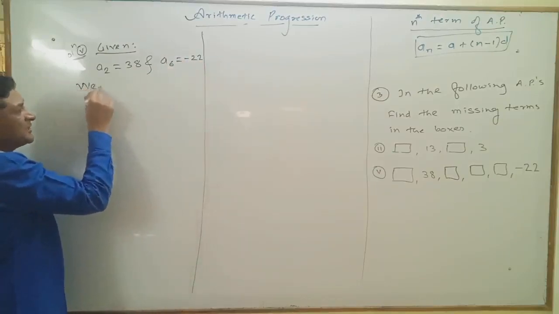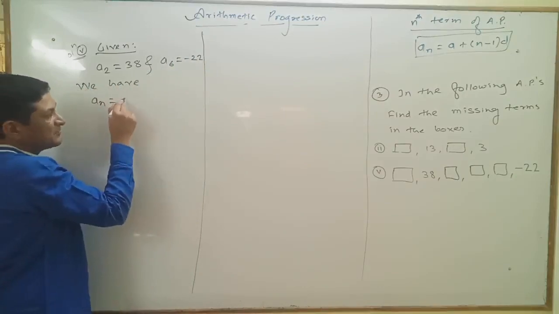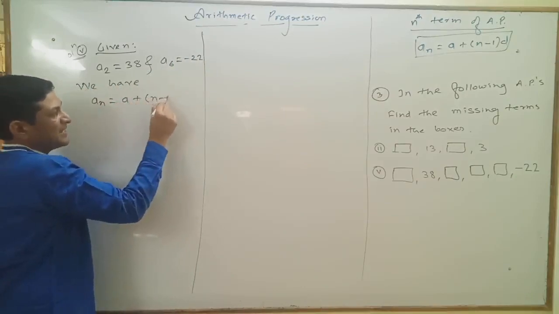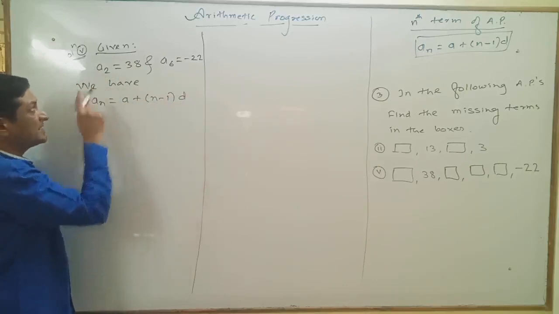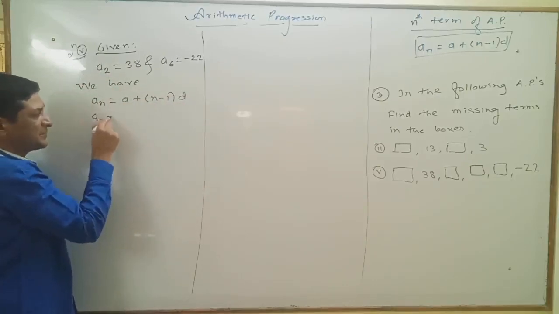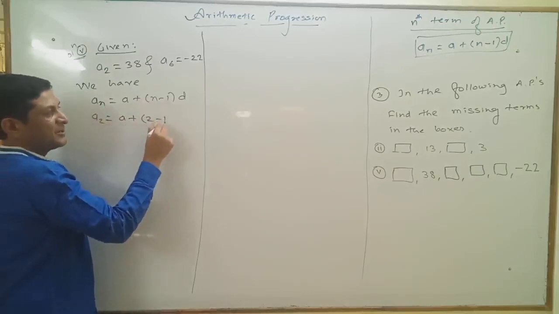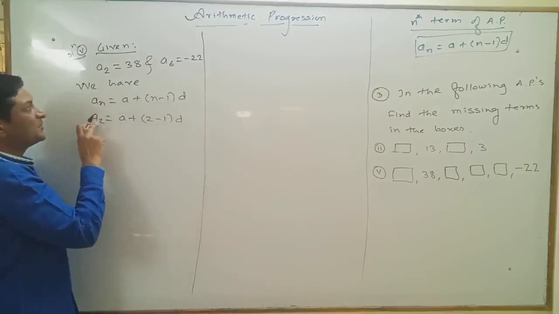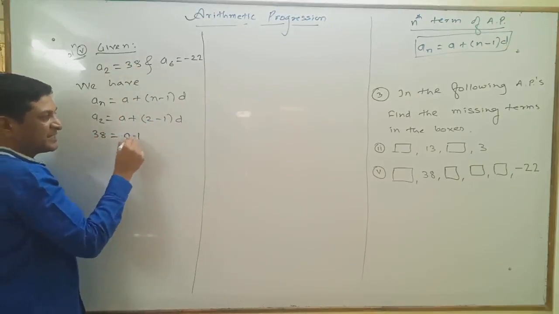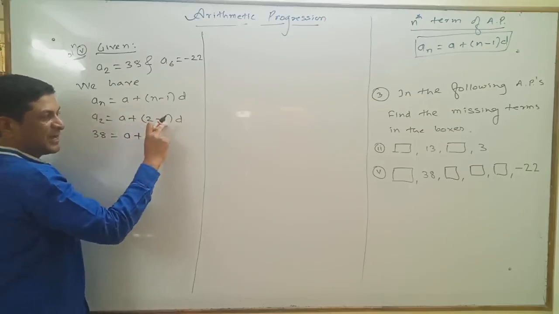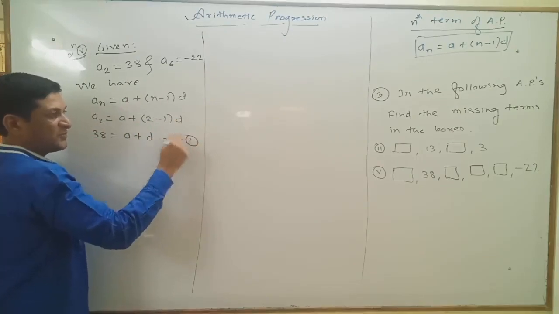Now we are using again our formula. We have one formula that the nth term can be found as A plus (n minus 1) into D. So first use the given condition, replace n by 2. Since I am substituting the value of n equal to 2, on this side also replace n by 2. So here substitute A2 is equal to 38. On the right hand side, A keep it as it is plus, also as it is, 2 minus 1 will be 1, 1 into D will be D. In this way we have got the first equation.